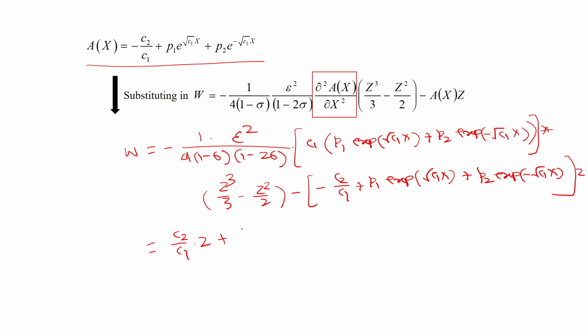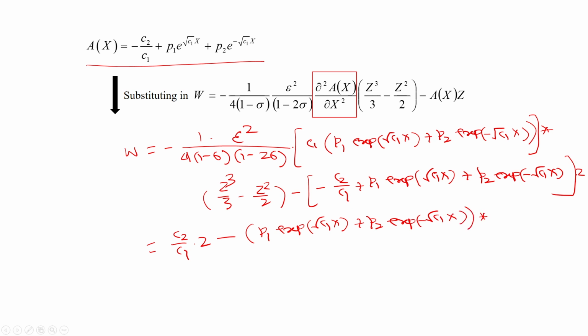So, let me write it like this. This is minus here. So, let me write it minus, no problem. Minus P1 into exponential square root of C1 into x plus P2 into exponential minus square root of C1 into x, into